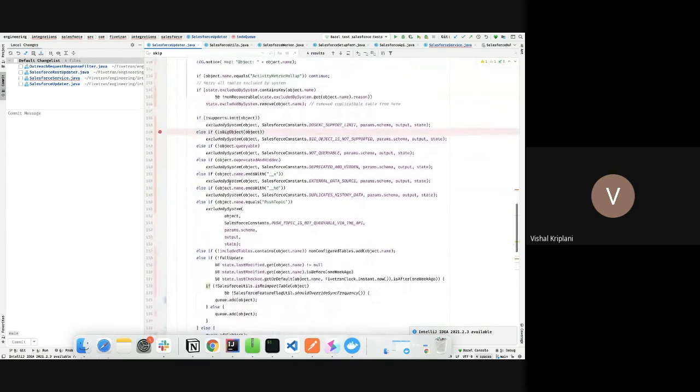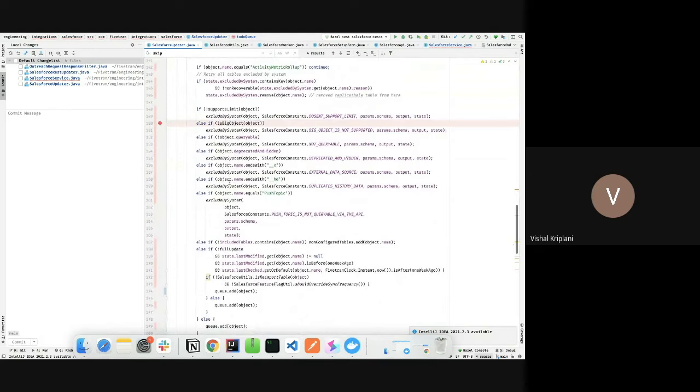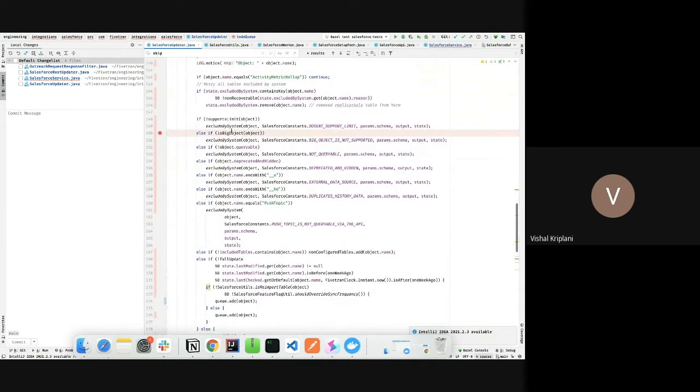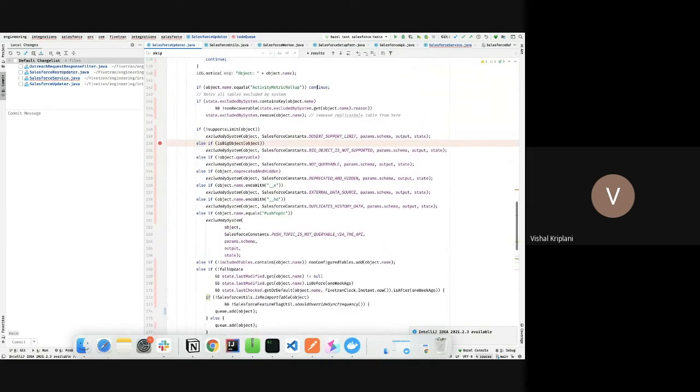Now see what checks we do. We'll go one by one. First, whether this table is an activity or metric rollup table or not. I don't remember exactly why we are not considering this table. Sorry, I remember. Whenever we try to query this table, we were getting some error.